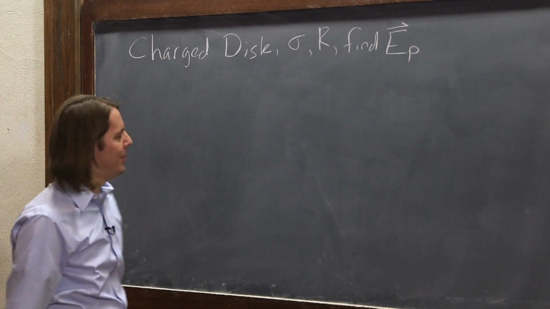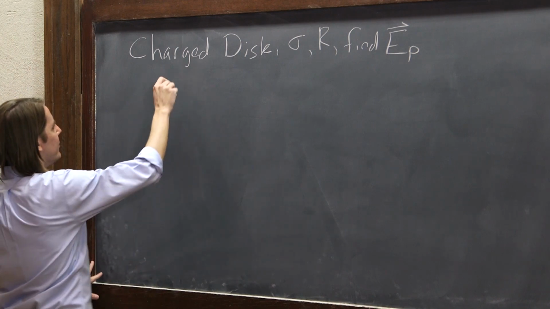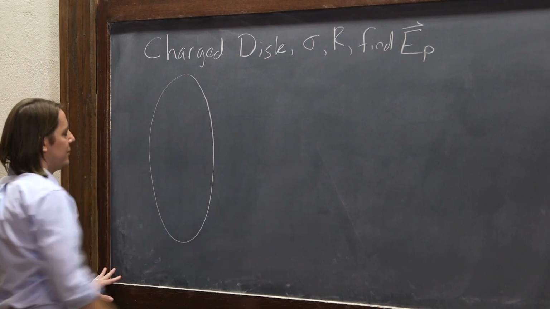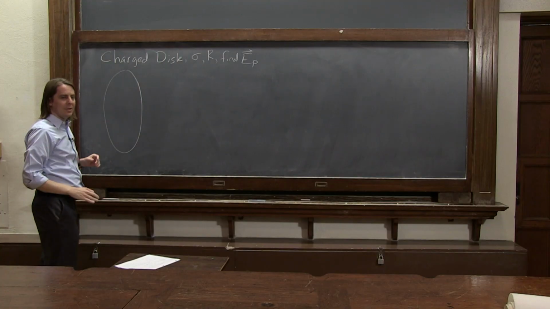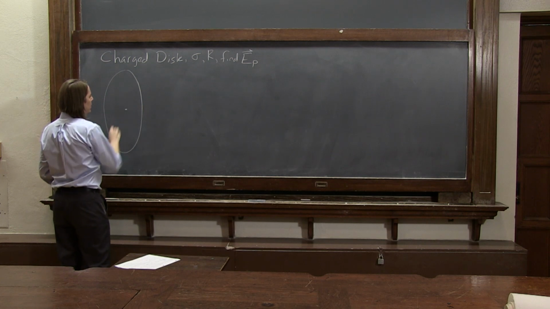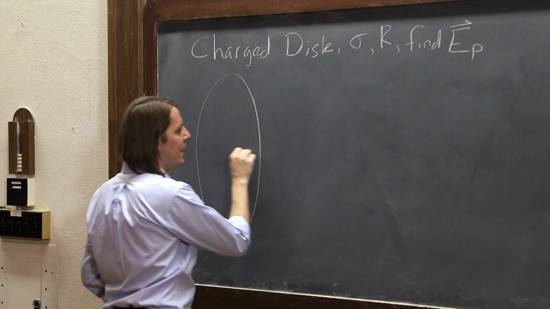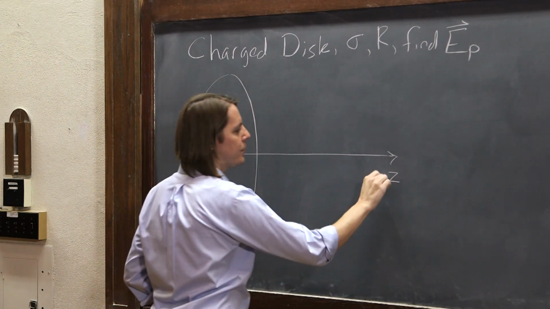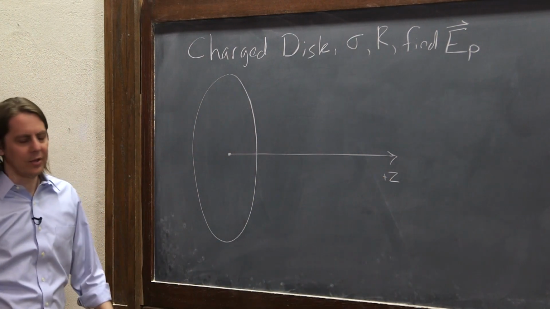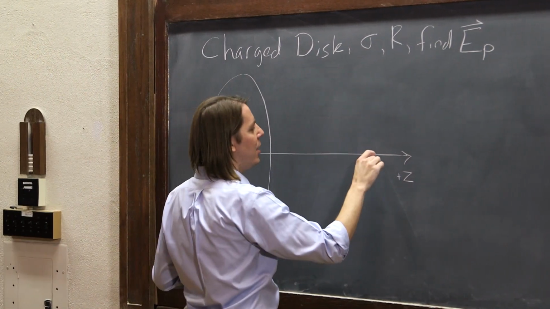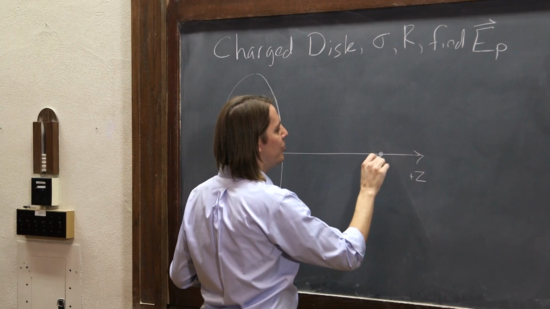You'll see what I mean when I draw it. So first, let me draw the disk. Here we go. Nice, big disk. Now this has to be thought of in 3 dimensions. This is a disk sort of in the plane of the board. Here's its center, and we're going to put its center on the z-axis coming out this way. So there's the z-axis. We can assume its origin is at the center. We're looking for the E field at a point along the z-axis, point P,